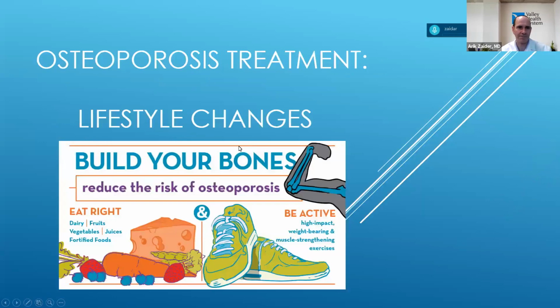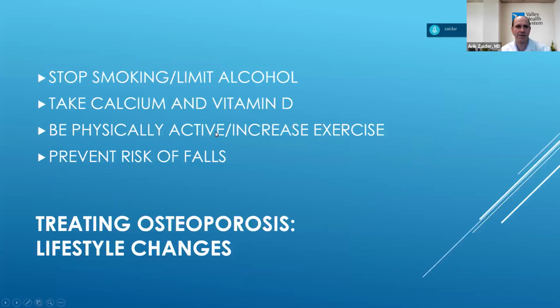Let's look at lifestyle, okay? How can you control, prevent, manage osteoporosis by adjusting your lifestyle? So the Surgeon General has these recommendations just as a general outline. First is to limit or stop smoking if you can, limit alcohol. Those are preventable risk factors.